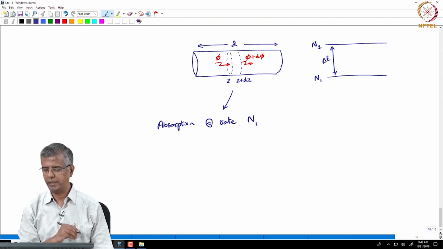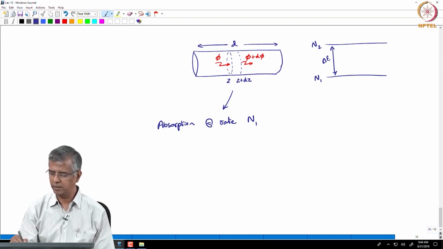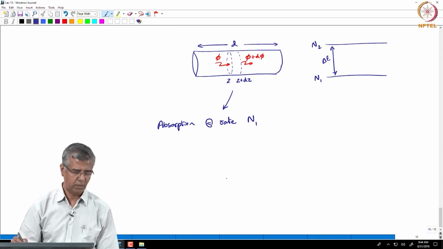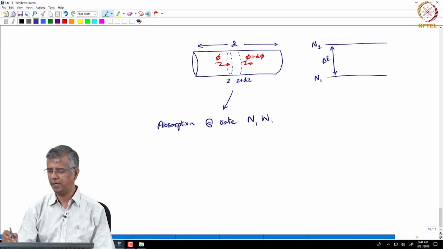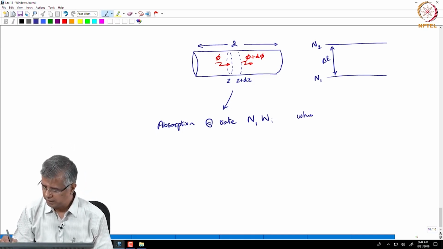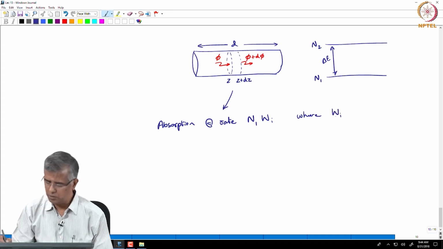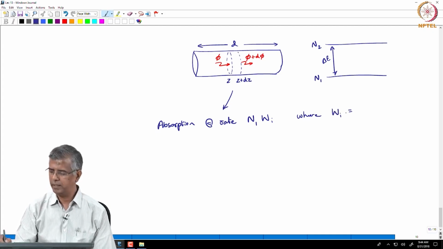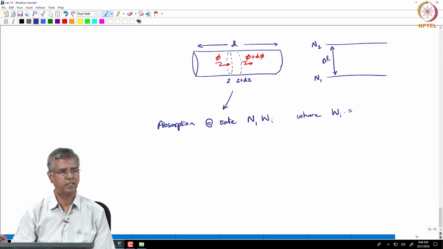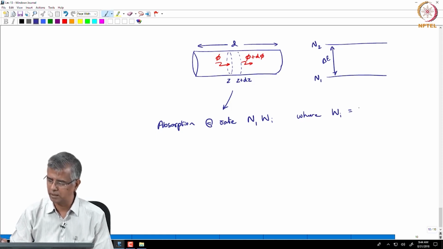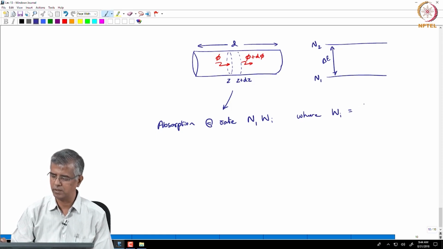So, N1, and it is going to the excited state with the rate we will call Wi, okay, where Wi clearly depends on the photon flux density, right, the number density of photons that come per unit time,